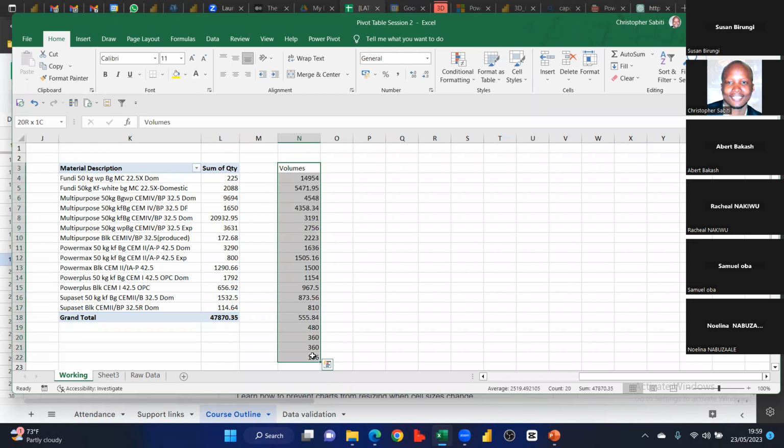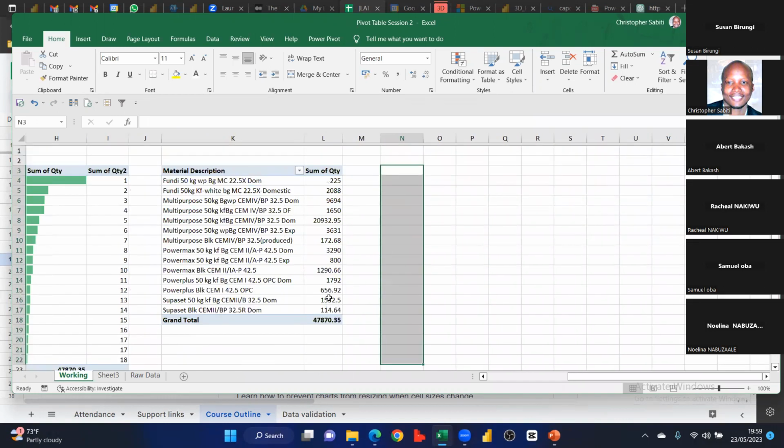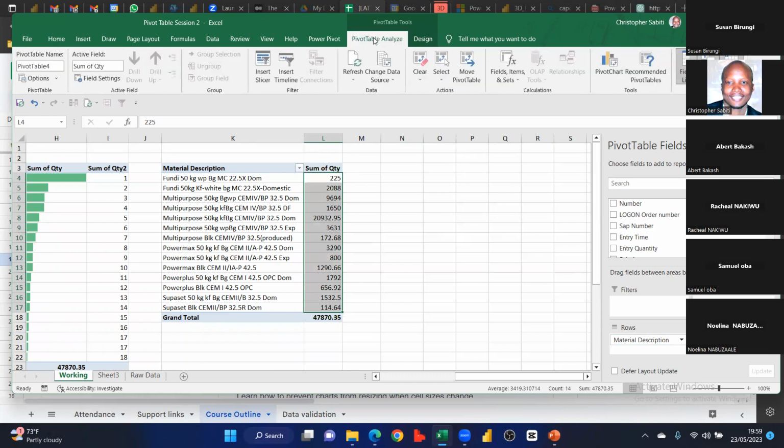Since it is not a pivot, that's why we may not do it. Let me do it directly from here. Let me deal with this. So here I'm going to remove, okay. So when we come to pivot table analyze,